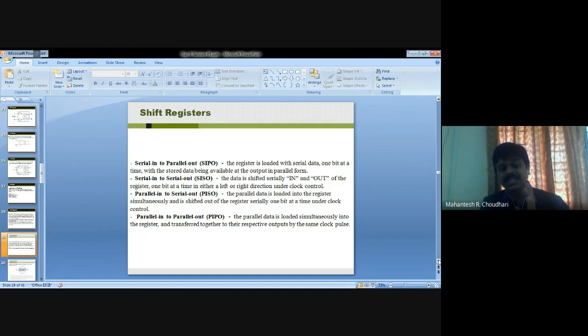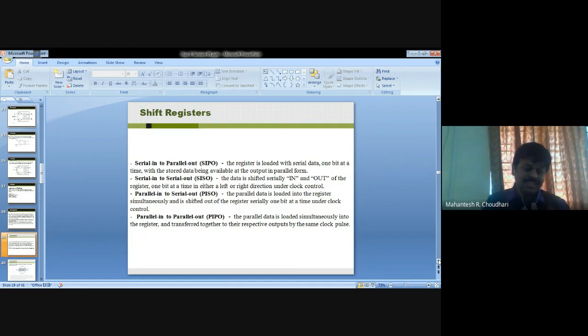Similarly, the next one is serial in serial out. The data is shifted serially in and out of the register, one bit at a time, in either left or right direction under clock control.